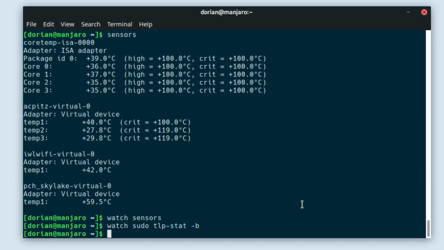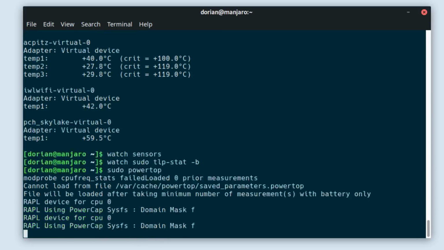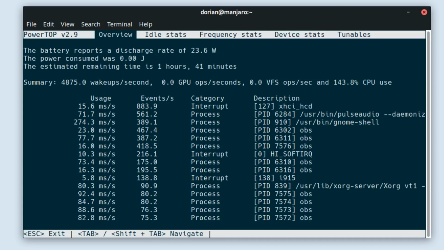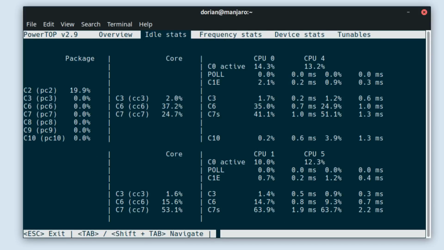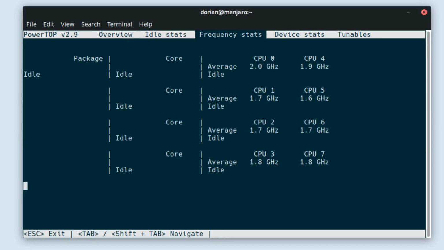So to install it, it's the same thing. You'd go to your repo, install Powertop, and then you just run it with a sudo powertop. It takes a second to load up while it's reading everything. And so this overview is showing all your devices, how much is being used. If you hit tab, you can go through, you can see the different states that your CPUs are running in